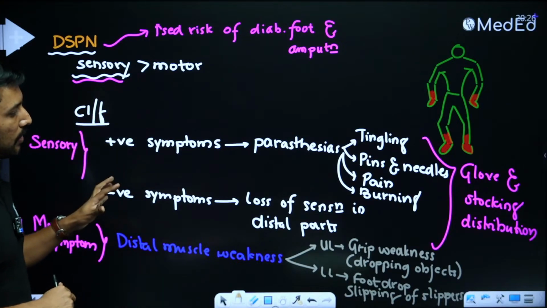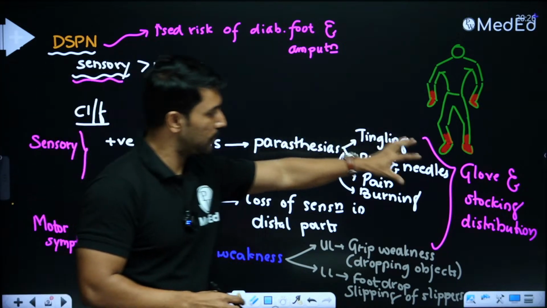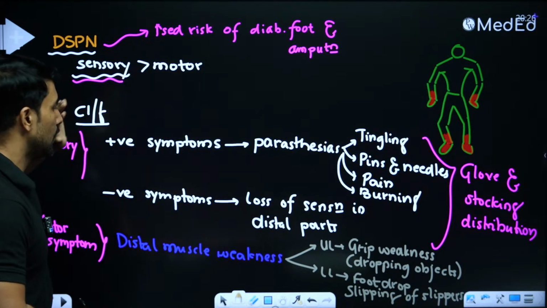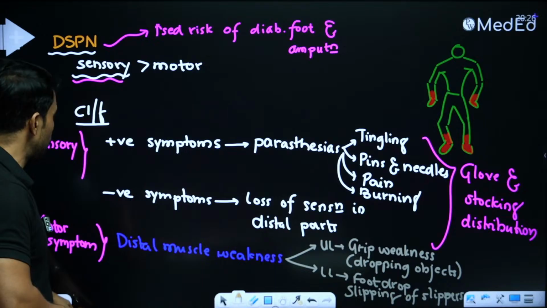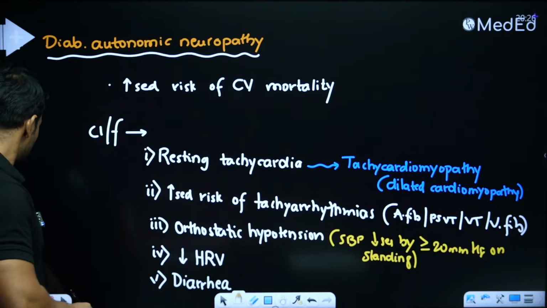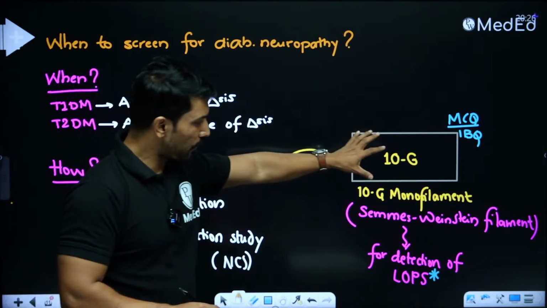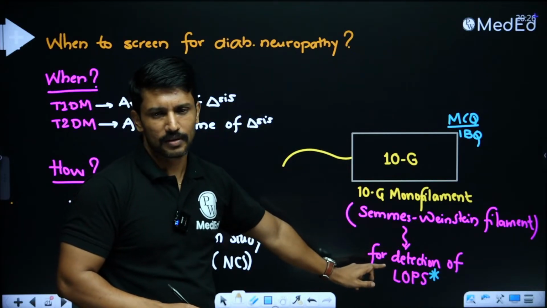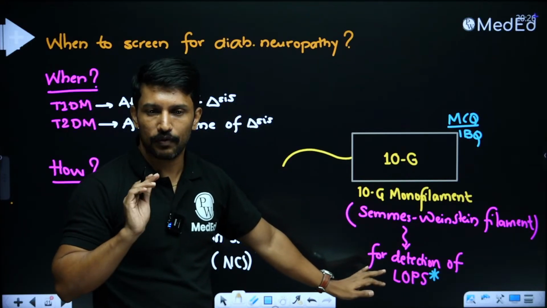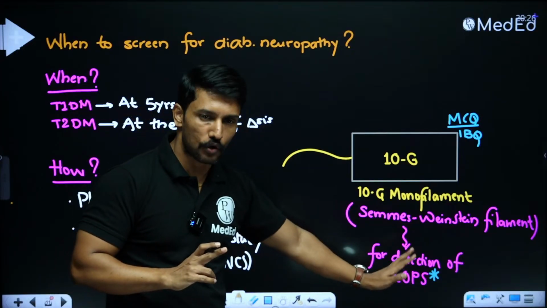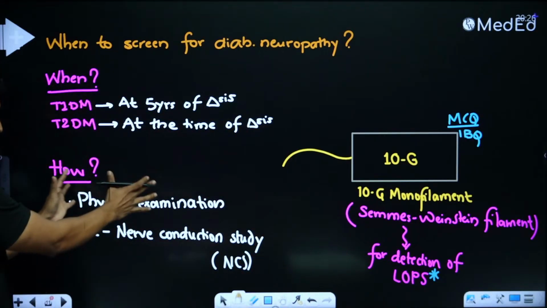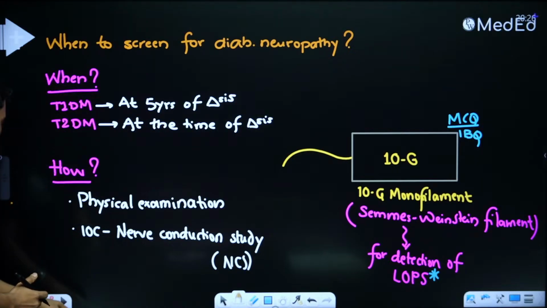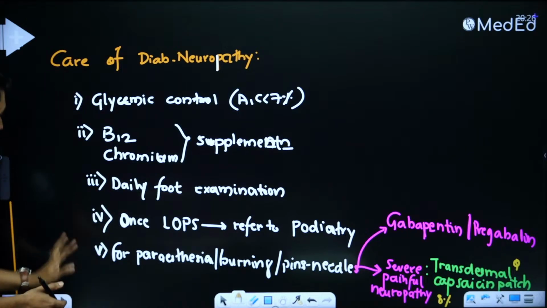Here, primarily they will sometimes give the description of glove and stocking distribution, or sometimes even an image, and then ask what is the diagnosis. They may also ask you about the 10 gram monofilament. What is its name? What is its use? Many times students get confused. Its use is not for the screening of diabetic neuropathy. It is for the detection of loss of protective sensation. For screening, it is still physical examination and nerve conduction study. Majority of questions are going to come from what is the time of first screening, and